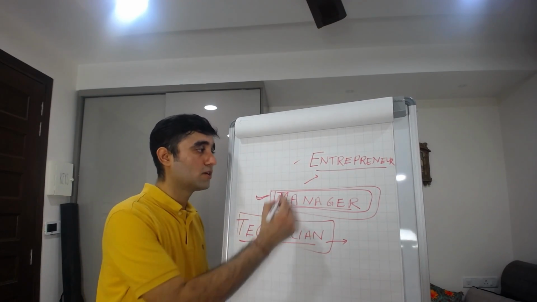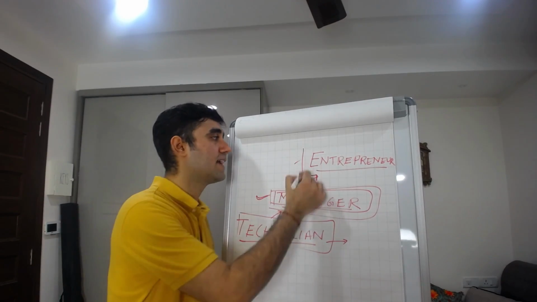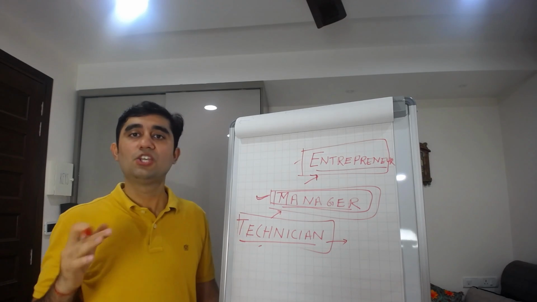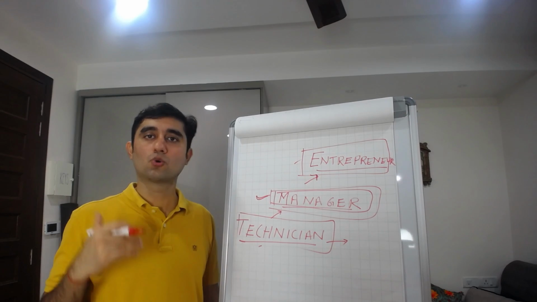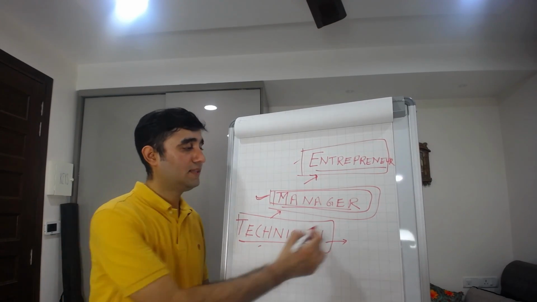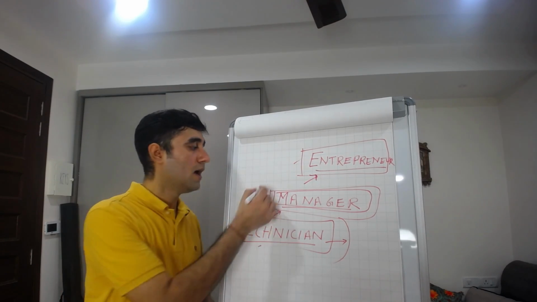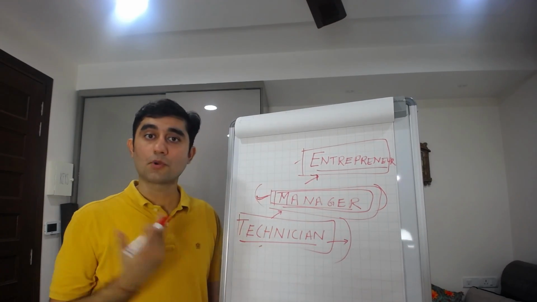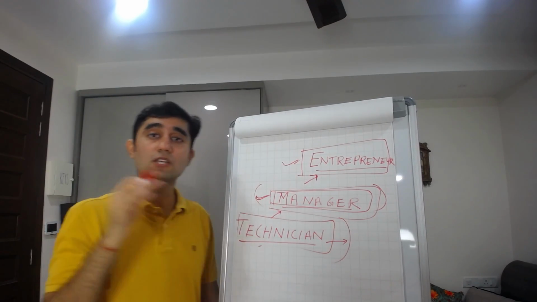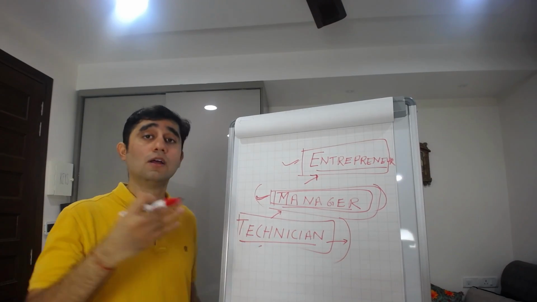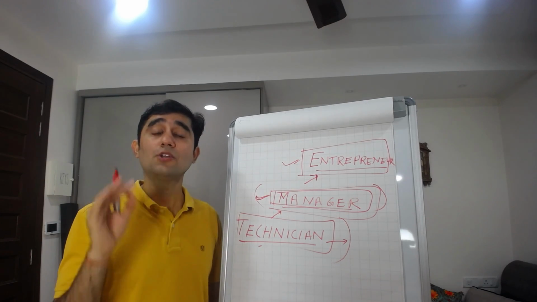So from technician to manager, the third stage is entrepreneur. Entrepreneur is the stage where you have set defined processes, defined tools and systems to grow your business. Okay, and all the technicians in your company are following those processes and completing the work. And all the managers are observing the performance of the technicians and trying to improve the level as well. And as an entrepreneur, you're just focusing on creating your 3 months, 6 months, 1 year, 2 year, 5 year goals, and you're trying to achieve your goals.